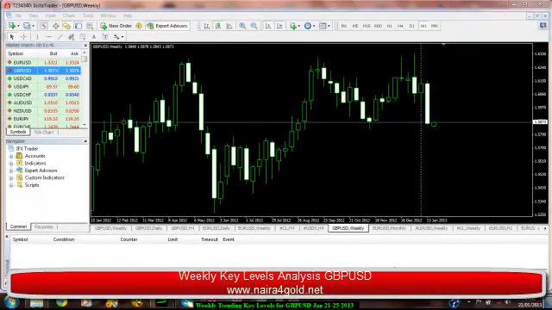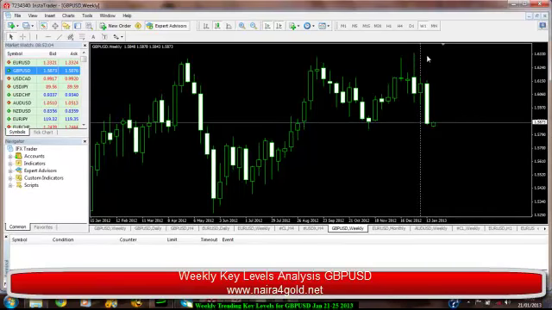Here's the weekly trending key levels analysis for the week 21st of January to 25th, 2013, on GBPUSD. Here is the weekly time frame, and checking the trend already, you don't need much analysis to know the